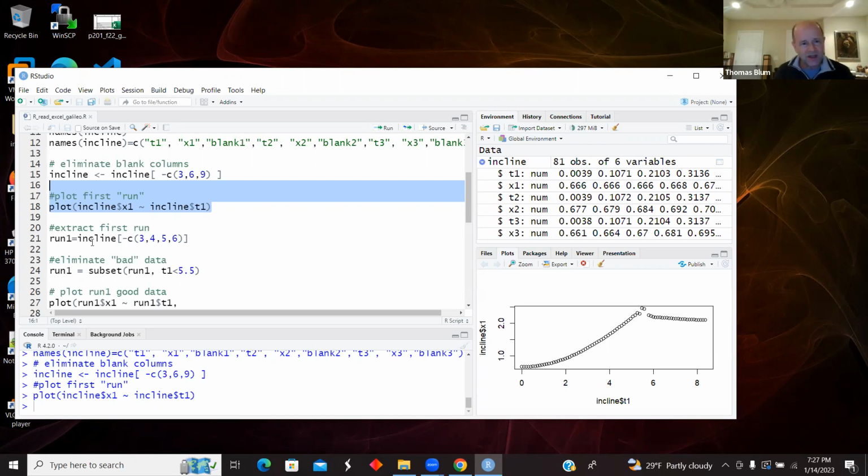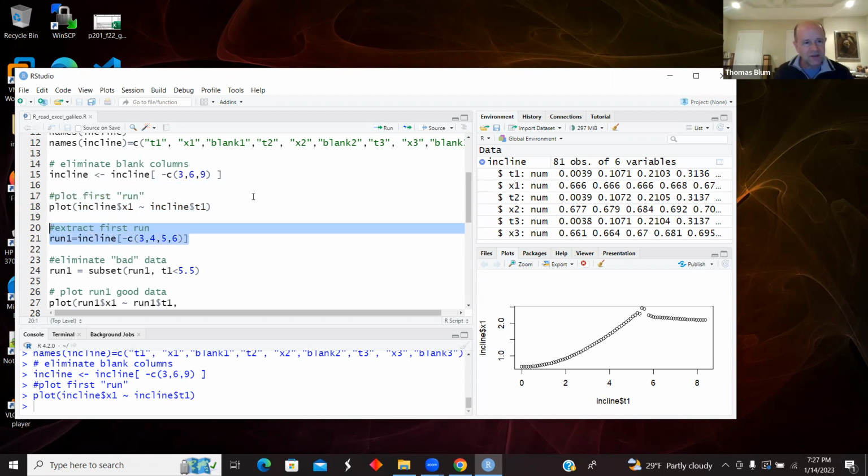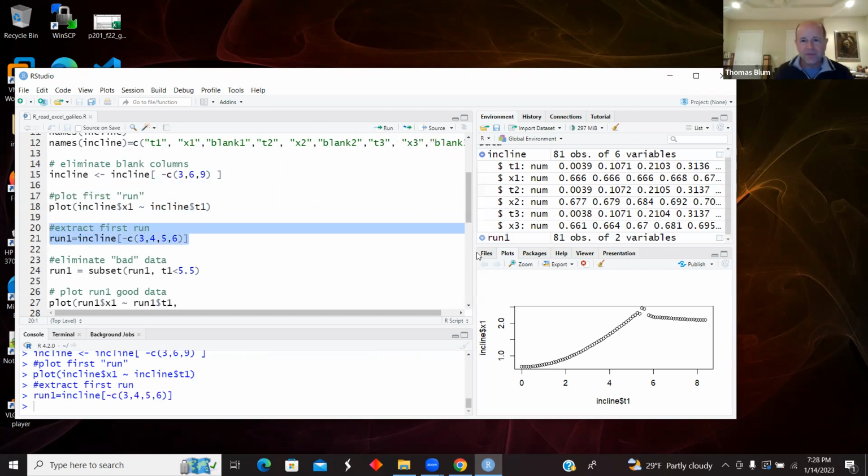So here I'm using incline minus c of a list of columns, 3, 4, 5, 6, but I'm not calling it incline again, I'm calling it run one. So I'm not overwriting my original data set. I'm just extracting the run one data set from the whole set of incline data. So that is 21 there. And so now I have run one data, which is just 81 observations of 2 variables, but I want to get rid of these